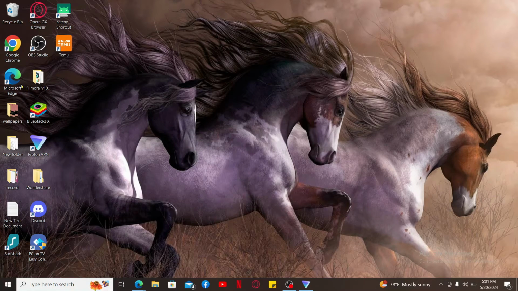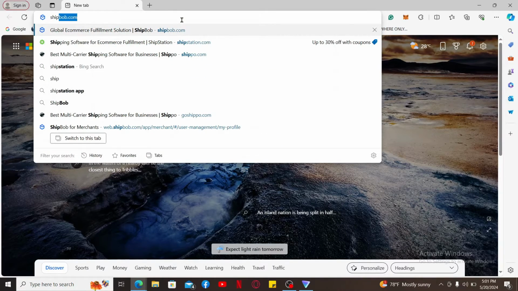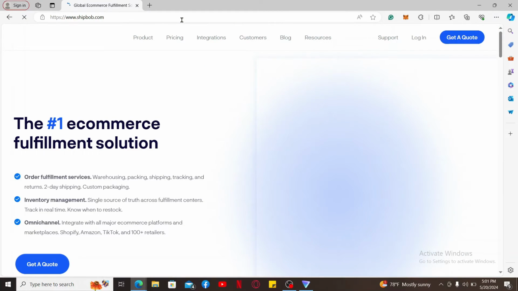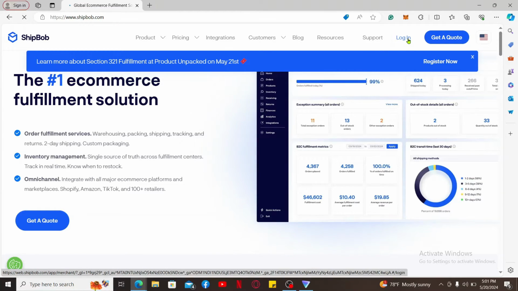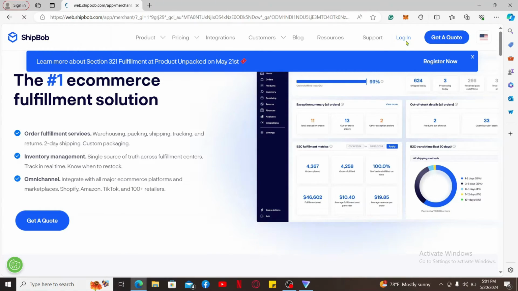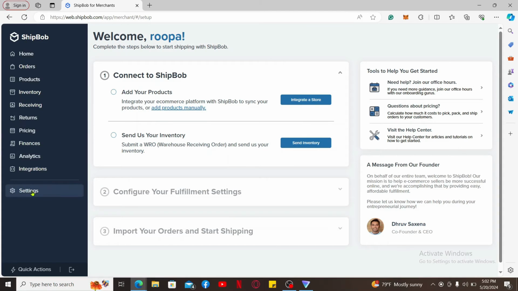First of all, open a web browser. Go to the URL box and type in shipbob.com. Doing this will take you to the official website for ShipBob. From the main homepage, click on the login button at the top right corner and sign into your account first by entering your credentials. After you are logged into your ShipBob account, go to the bottom left corner of the